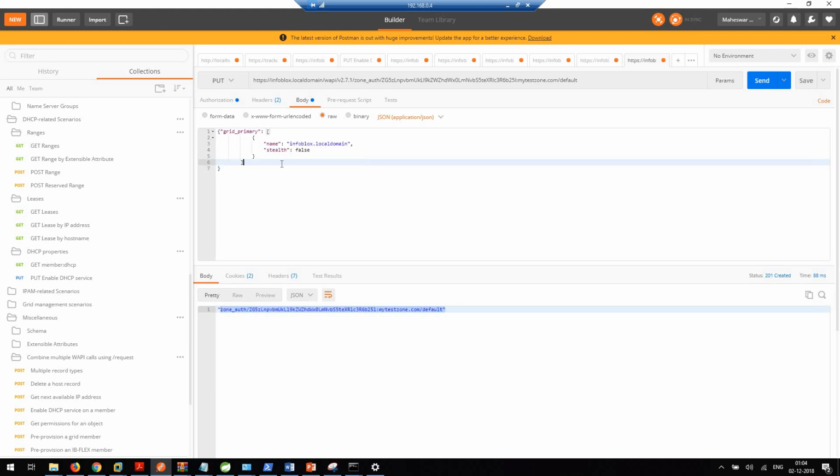So this is the field grid_primary via which I can assign a particular member to that zone. So I have to provide this information, and if you have used Infoblox, you know that whenever you are creating a zone and assigning it to a member, then you need to restart the service. Only then it will take effect. So we can give that also, and for restarting the service,